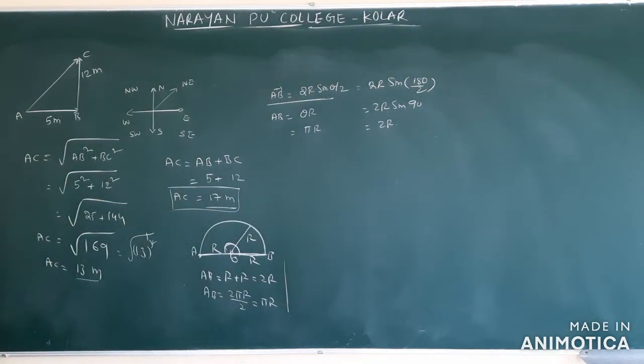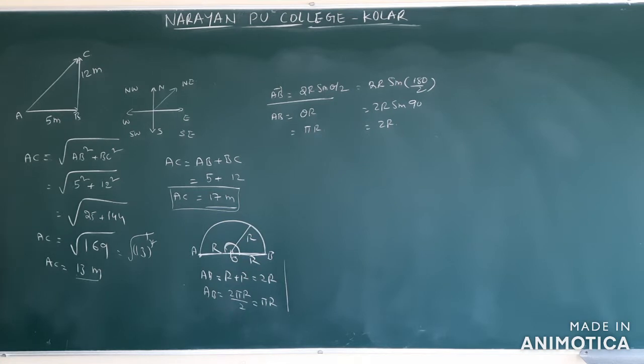So example 3: a particle moves in a straight line from A to B. In the 3 questions they are asking: first, for the first half of the distance with speed v1, for the next half of the distance with speed v2. Next, B, for the first 1/3 distance with speed v1 and the next 2/3 distance with speed v2. Next, C, for the first 1/4 distance with speed v0, for the next half of the distance with speed 2v0 and the last 1/4 distance with speed 3v0. Among all those, you have to find the average speed in each case.